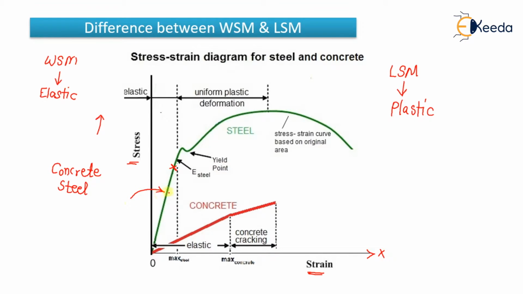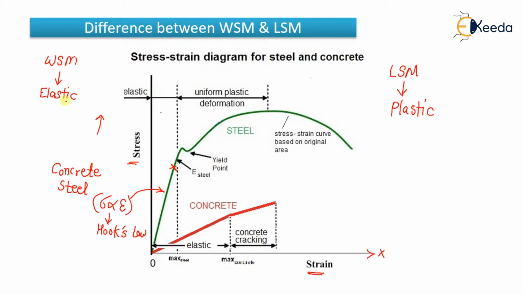And you may have heard about this diagram, that in this zone stress is directly proportional to strain. Stress is directly proportional to strain, and this law is nothing but which law? It's Hooke's law. So as per Hooke's law, stress is directly proportional to strain and it holds only up to the limit of proportionality, which you have studied.